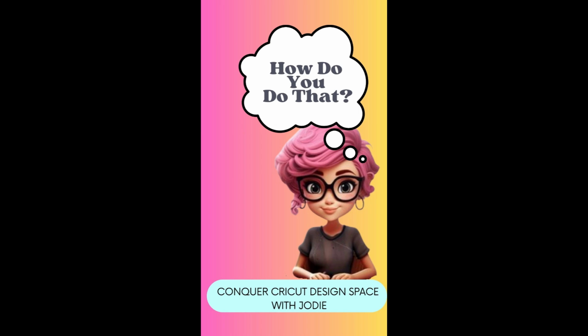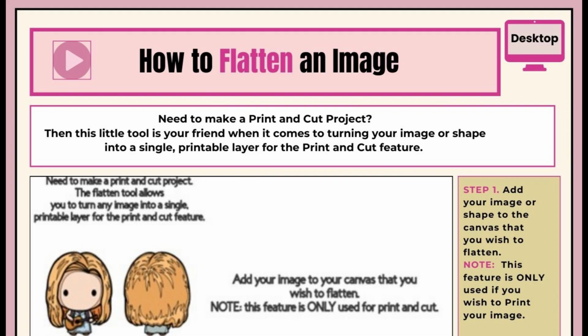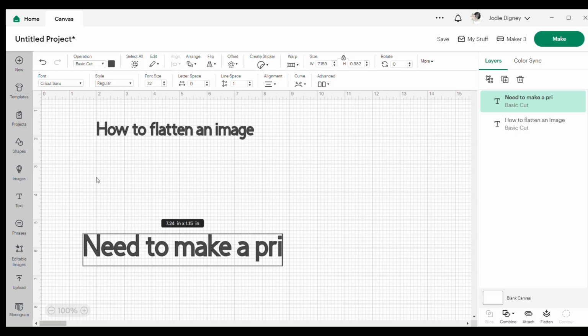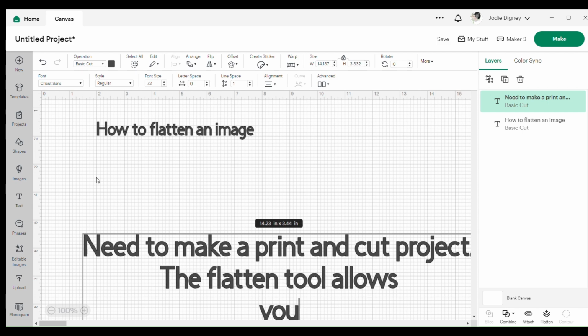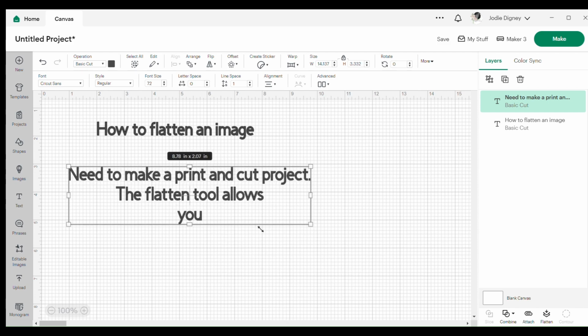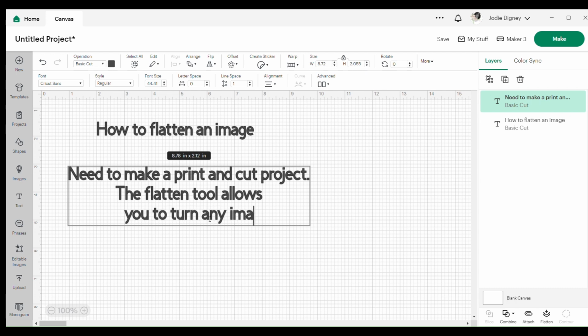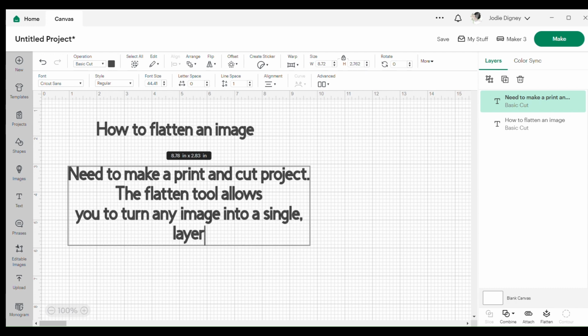Let's conquer Cricut with Jody today, and today's lesson is all about how to flatten an image. So let's go. So today we're going to flatten an image. Now to flatten an image we're going to use this great little feature that's called Flatten. And this is our little friend when we want to turn our images into a single printable layer for our